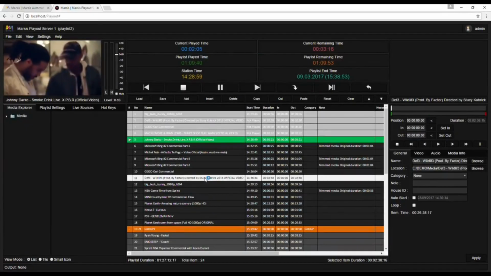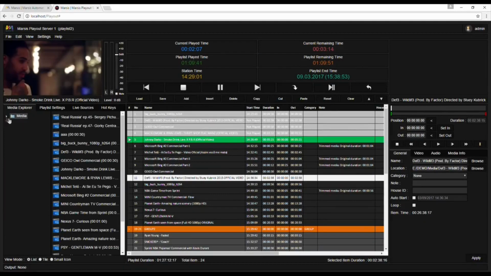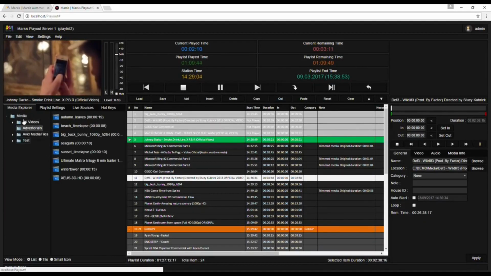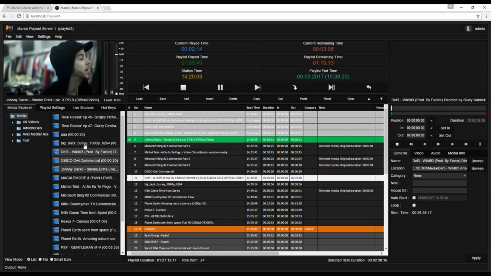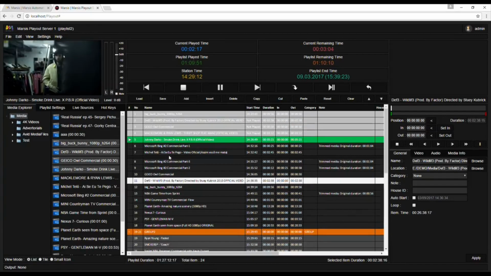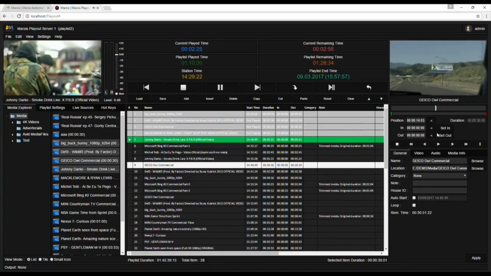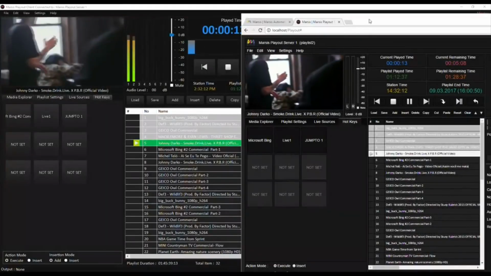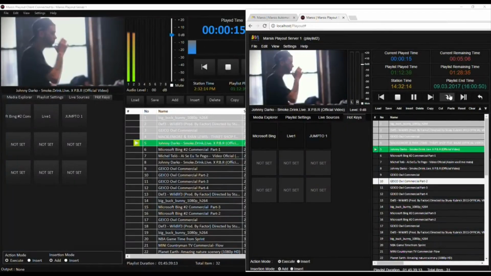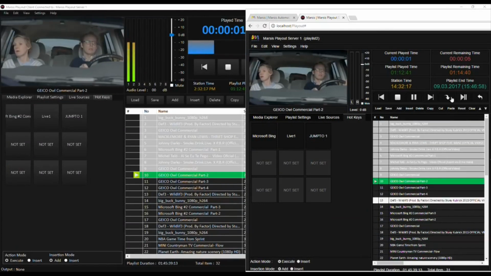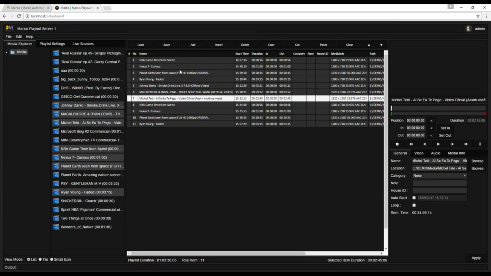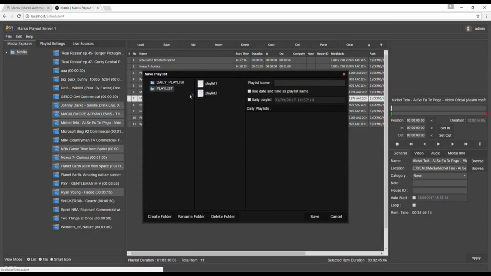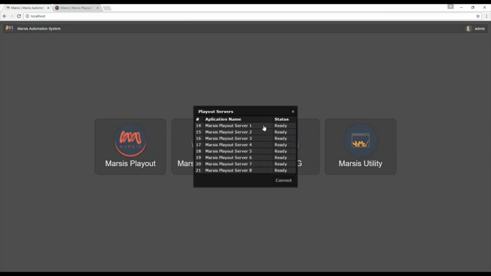Another great feature that Marsis offers is the ability to control your Playout server using your web browser. The Marsis Playout web client allows you to control your channel anywhere in the world. As you can see, the Marsis Playout web client looks almost identical and contains every feature that is in the desktop client. When you make any changes using the web client, you will see the changes reflected on all other clients instantly. You may also build playlists online using the web-based Marsis Scheduler client. Having this gives you the ability to create, edit, and save your playlists anywhere in the world. All you need to do is just log into the system and choose which playlist